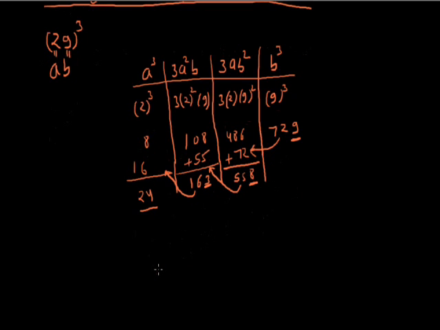So I can say that the 29 cube is, write down all the digits which are underlined, that is 2, 4, 3, 8, 9. So the cube of 29 is 24,389. So in this way we can find the cube of a number.